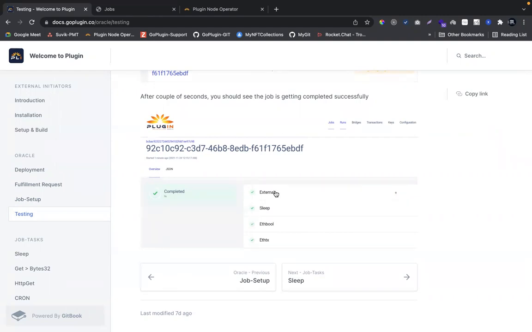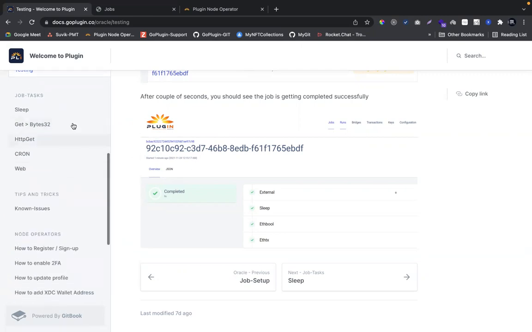Okay, so if you are a node operator, please ensure you are performing this operation and make sure you are seeing the jobs ran fine and it is in completed status. Okay, then only the node will be reviewed and approved by the committee. So with that, I will just move forward.